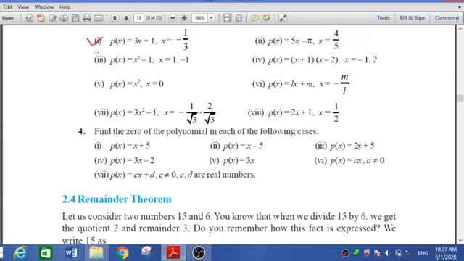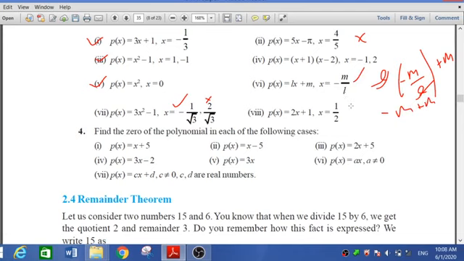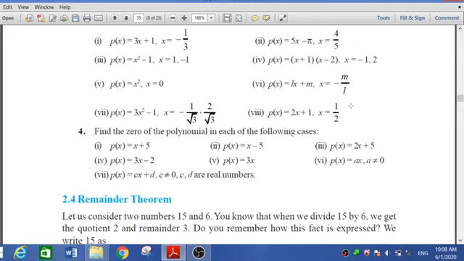Mostly here we say yes, here yes, here yes, here it is yes, here it is no. Now we have to put x equal to 4 by 5. So 5 cut, 4 minus 5, so we can say no. You have to put x equal to minus 1, again yes. Then x equal to minus m: L in bracket minus m upon L plus m. This L cut. So minus m plus m. So again the answer is yes. Such types of questions you have to solve in your rough book and then show it to me. Now question number 4.